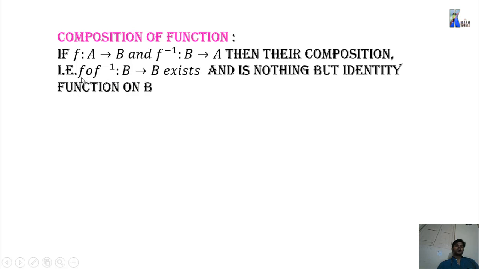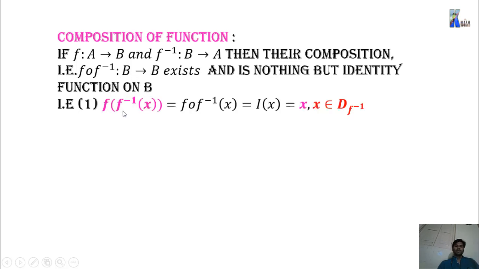So this is your first function. What is the codomain of f? You can see here, this is the codomain of f, that is B. It means you got f of f inverse from B to B, and that will be nothing but the identity function. As the domain is B, you can write here identity function only. Now you will see this kind of thing: instead of f, you get a function like sine, cos, like that. So firstly we discuss this one.